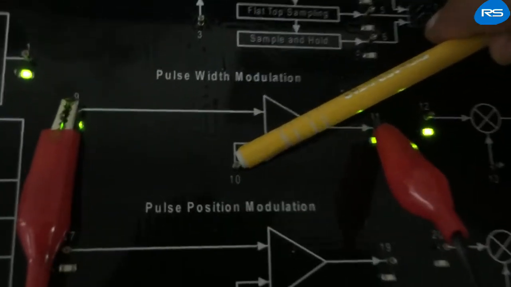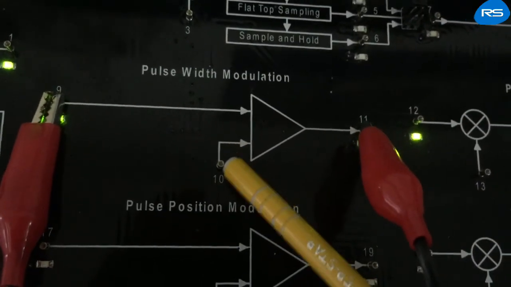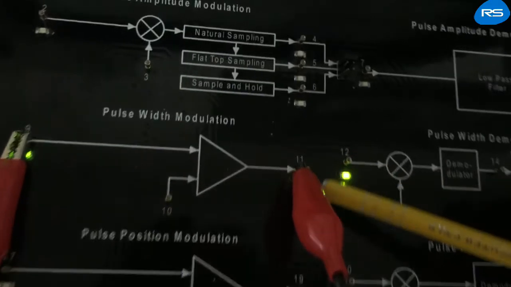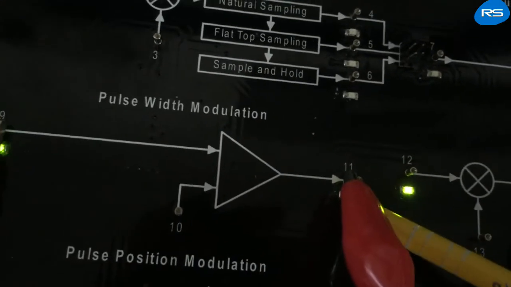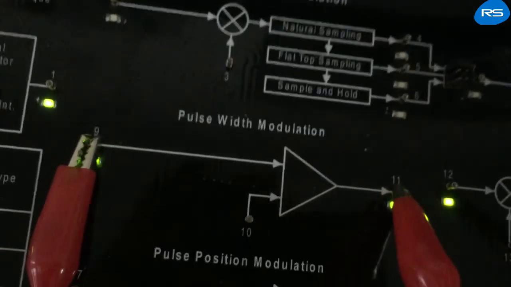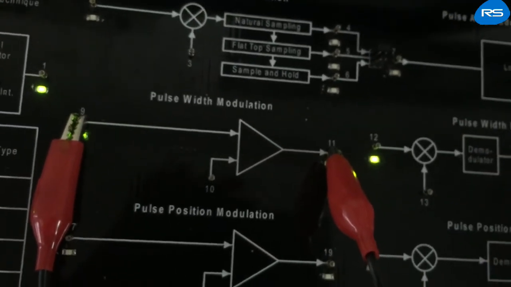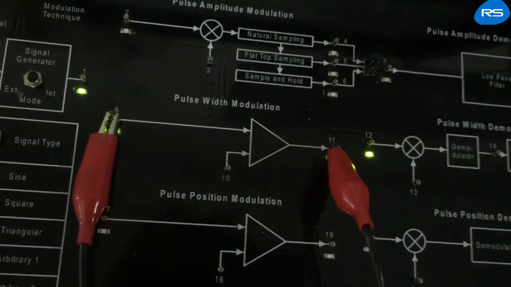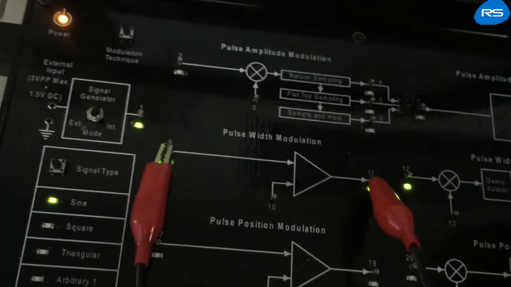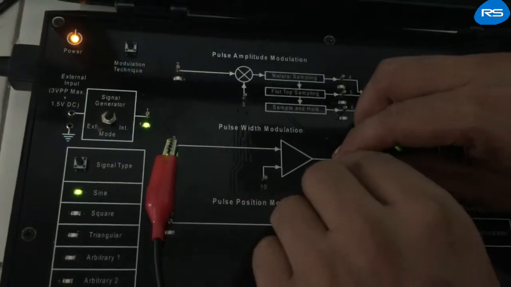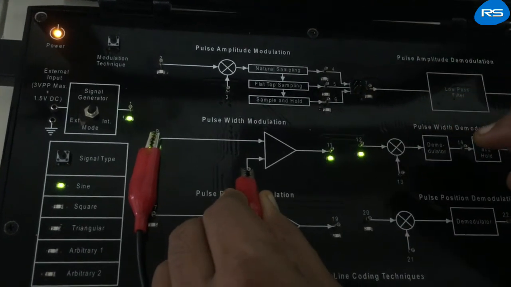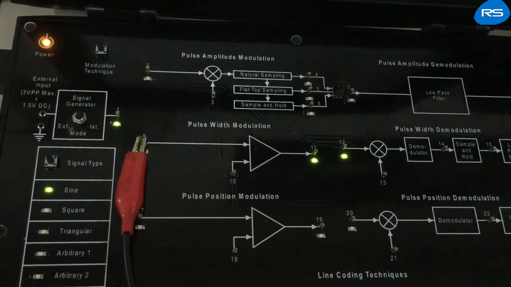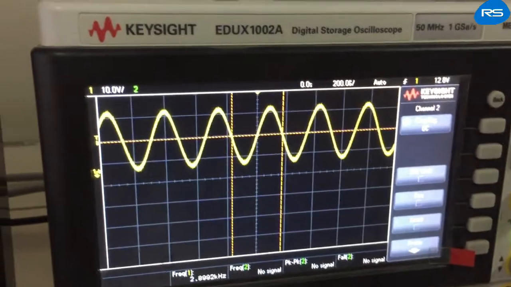At this point, the carrier signal is internally fed, which is a triangular wave. We obtain the output at point number 11, and in this way we can observe various waveforms at various ports. Let us observe the waveforms. At point number 9, the message signal is displayed like this,